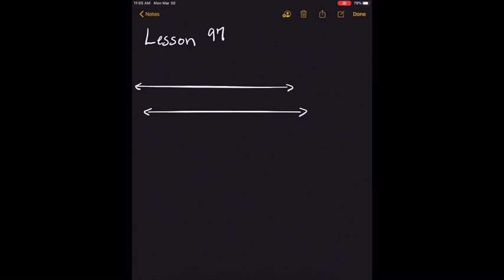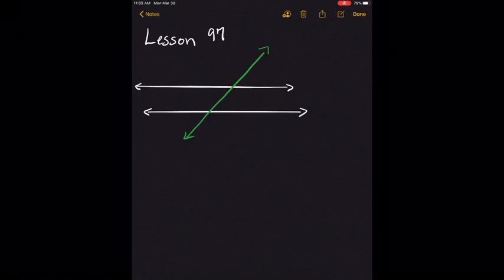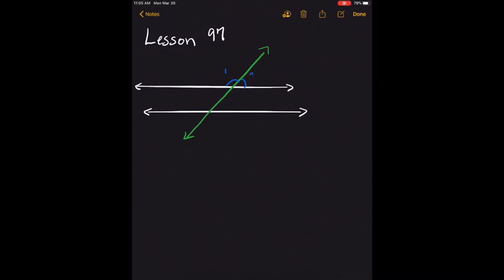Okay, so here I've drawn a pair of parallel lines, and I'm going to cross it with a transversal. So this is my transversal. And you'll notice that my transversal creates several angles. I'm going to do some of them in blue. So we can say we have angle 1 and angle 2,